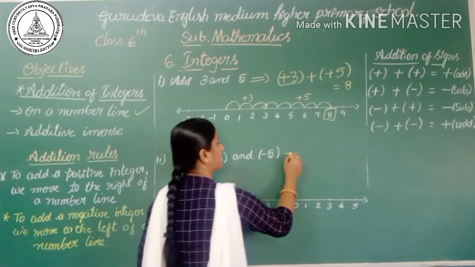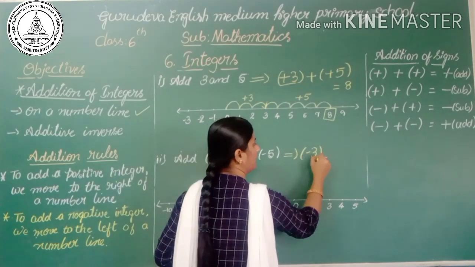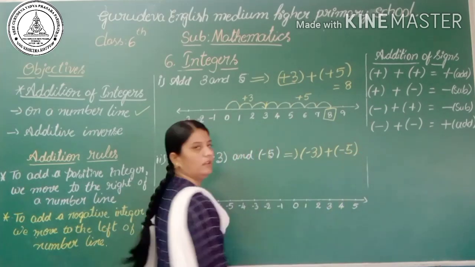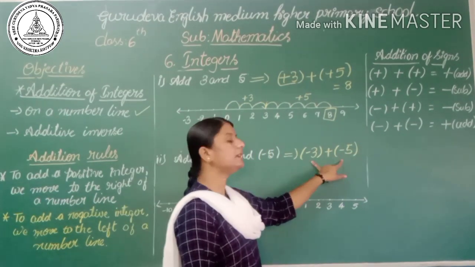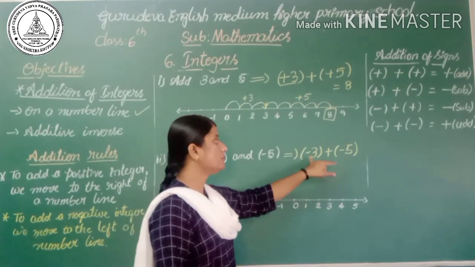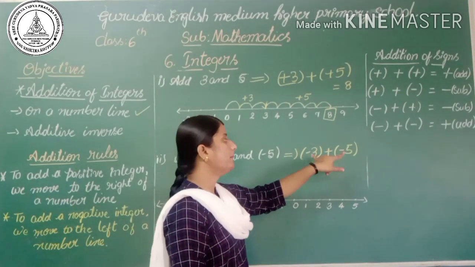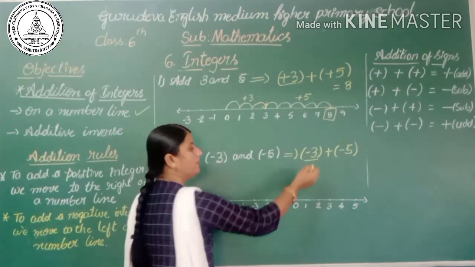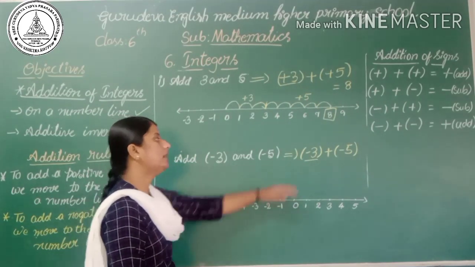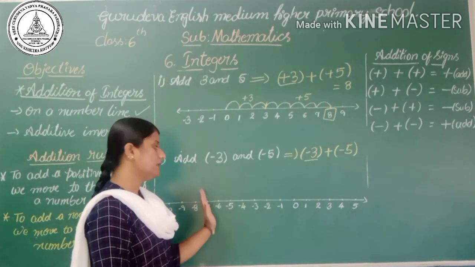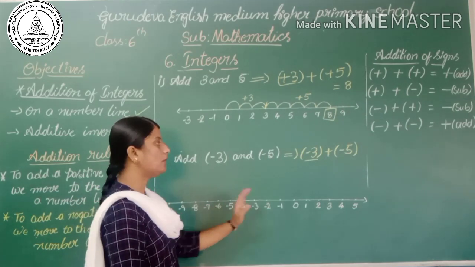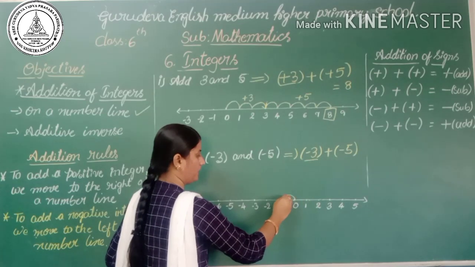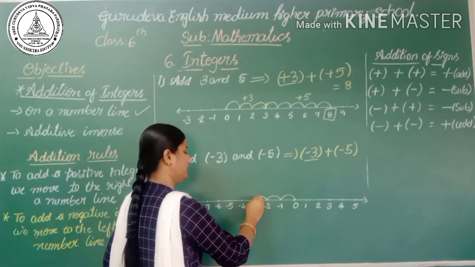Right. So how can we write it as -3 add -5. Okay. Once you observe here, these two integers are negative integers. So means these two integers having the like sign. So we have to add. Right. First mark the -3 on a number line. So -3 is a negative integer. It comes left to the 0. Right. So how many steps we have to move from the 0? Yes, we have to move 3 steps. 1, 2, 3.